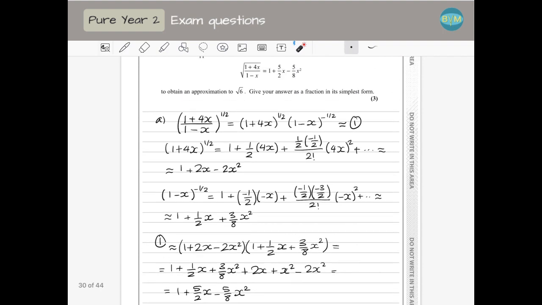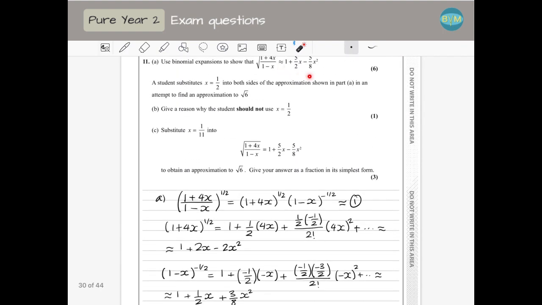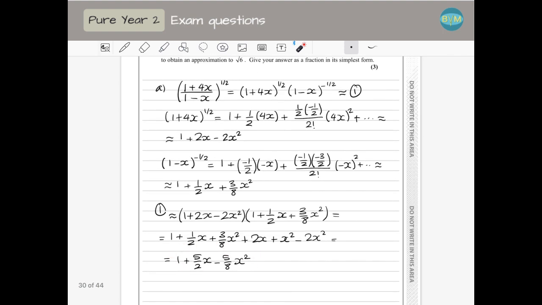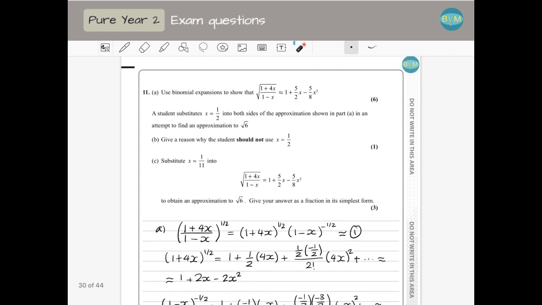And that's how we prove, and in fact they give us the expression already, so we just have to check that we get the same, yeah? That's for A. Then for B,